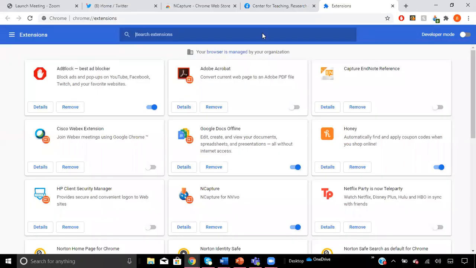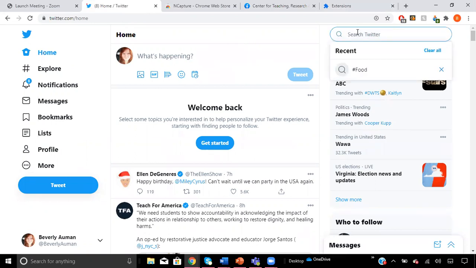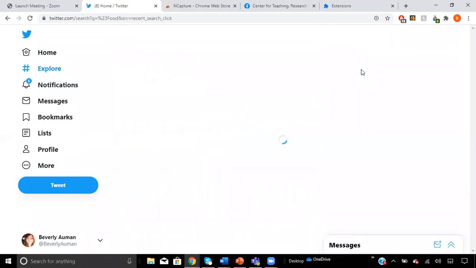Now that we have the InCapture tool, let's use it to pull some data from different social media websites. First we're going to do Twitter, since that's the data we'll be working with later in the tutorial. So for Twitter, you can use InCapture to capture any public data from public profiles. So anything you're interested in, you can search in Twitter. So for the example in this tutorial, I'm going to search hashtag food.